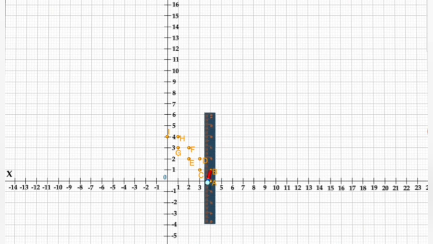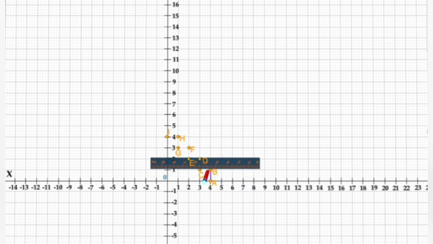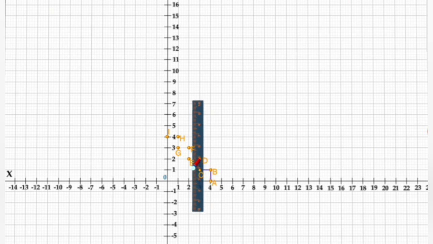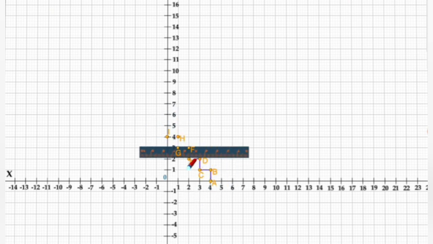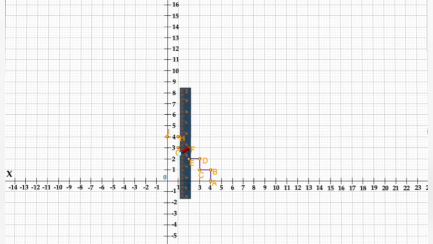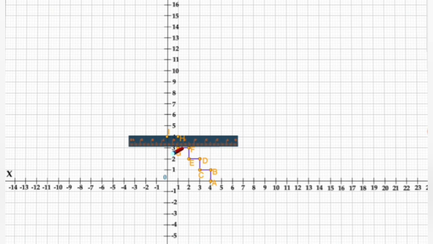Then with the help of a scale, we will join these points so as to obtain the figure of stairs in the first quadrant. To find the mirror image of this geometrical figure, the figure of stairs in the first quadrant, we will be using the simple concept of a plane mirror, which says that the image of an object is as far behind the mirror as the object is in front of the mirror.